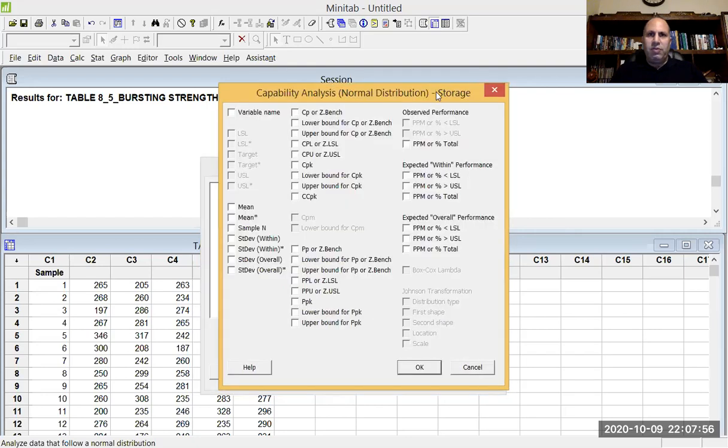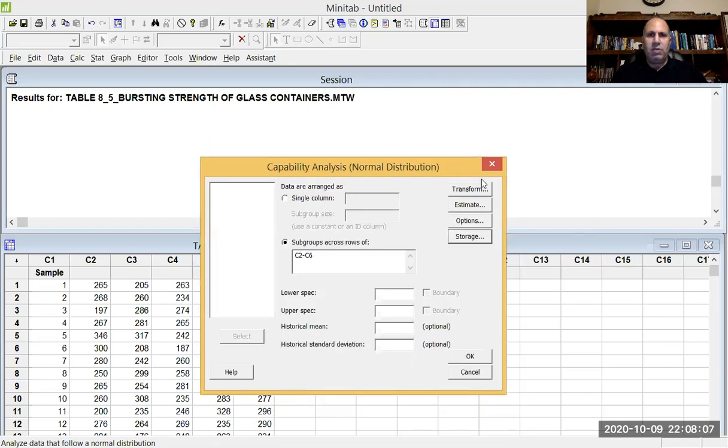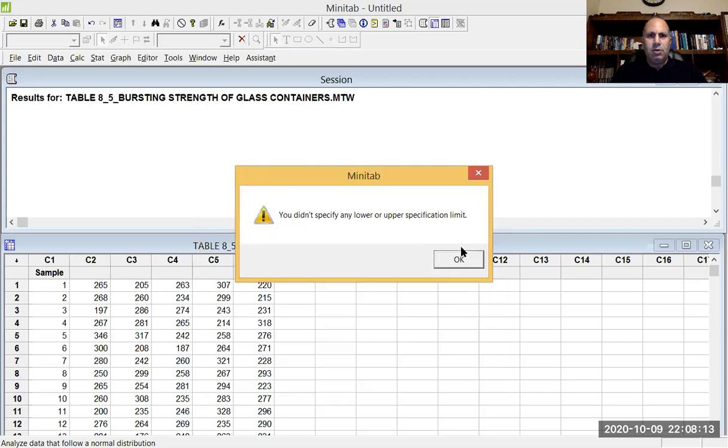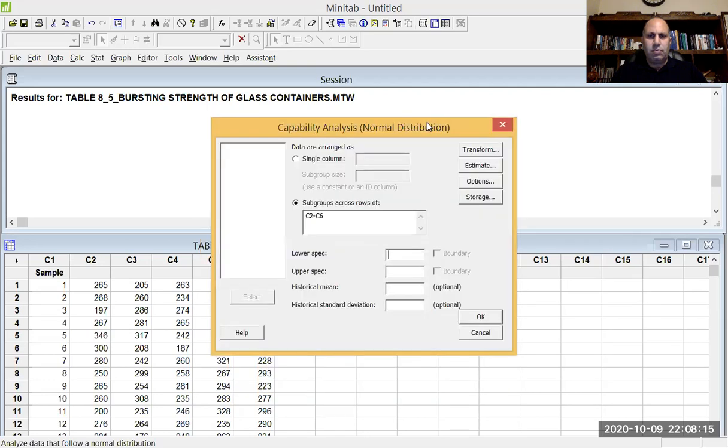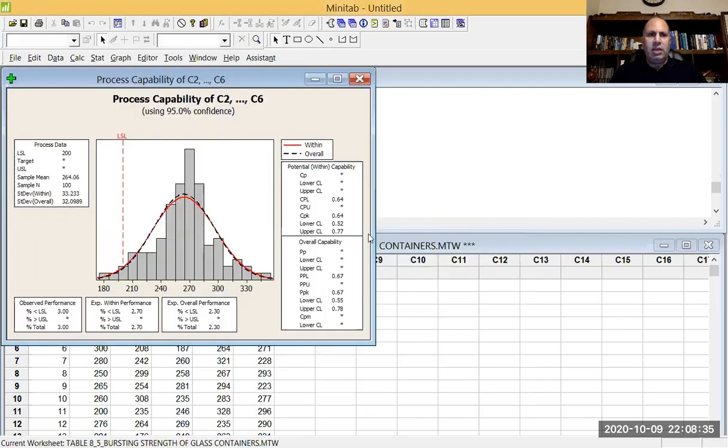In terms of storage, if you would like to obtain some values for future use, you can tick the ones that you would like to store. For now, I will not store any information. Let me click OK. As you can see, since we didn't enter a specification limit, we got a warning. So here I will enter the lower specification limit, which is 200. In this example, we only have a lower specification limit. Let's click OK, and you see the